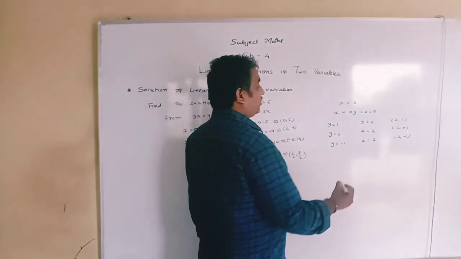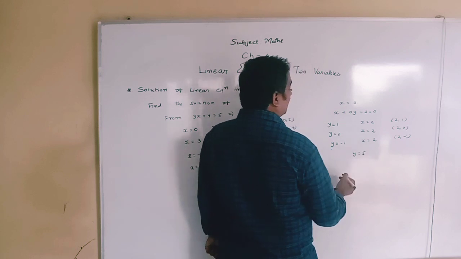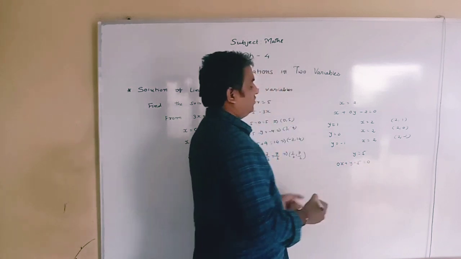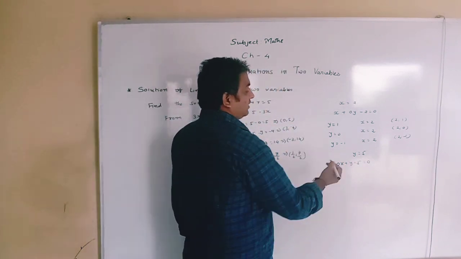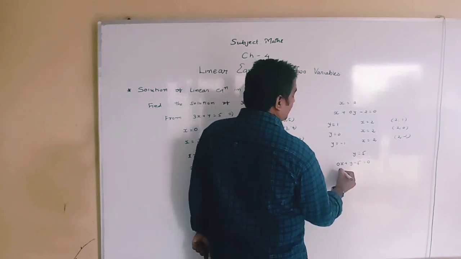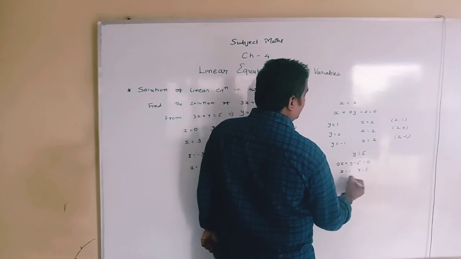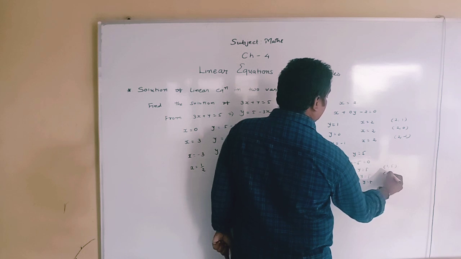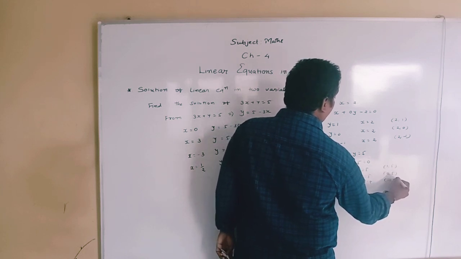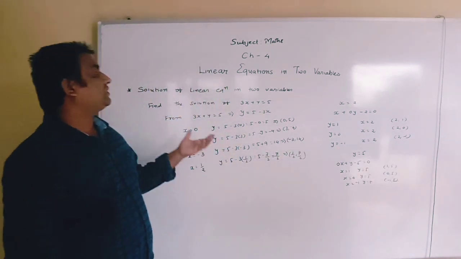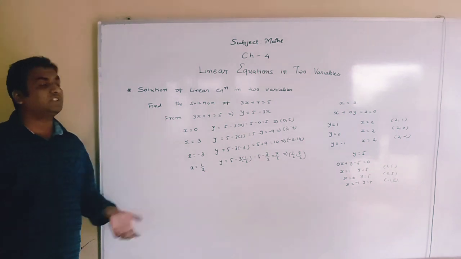Similarly, if you are asked the solution of y equals 5, at that time the x coefficient is 0, and so whatever value we substitute for x, the y value will be 5 only. So x is 1, then y is 5; x is 0, then y is 5; x is minus 1, then y is 5, and so we get the solutions (1, 5), (0, 5), (-1, 5). These are all solutions of y equals 5. Like this way we can find the solutions of the equations.